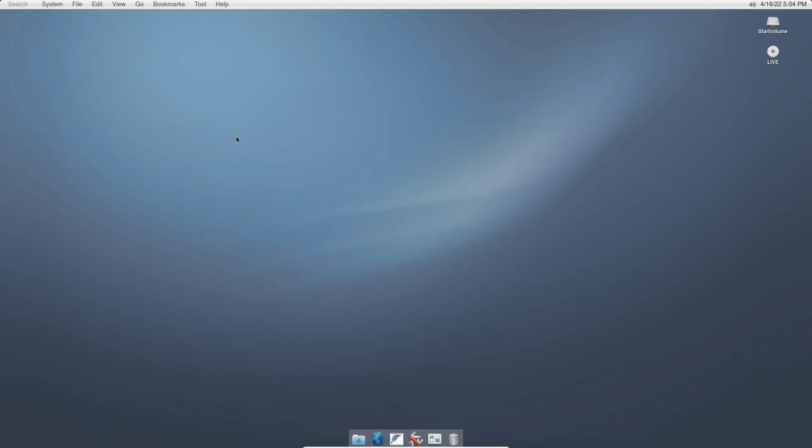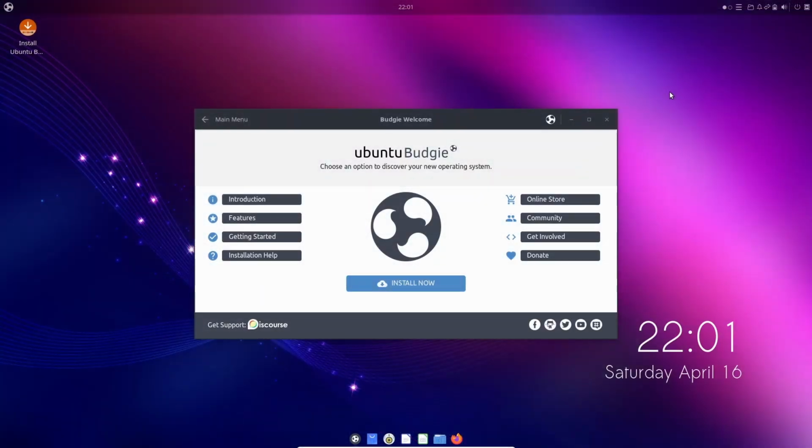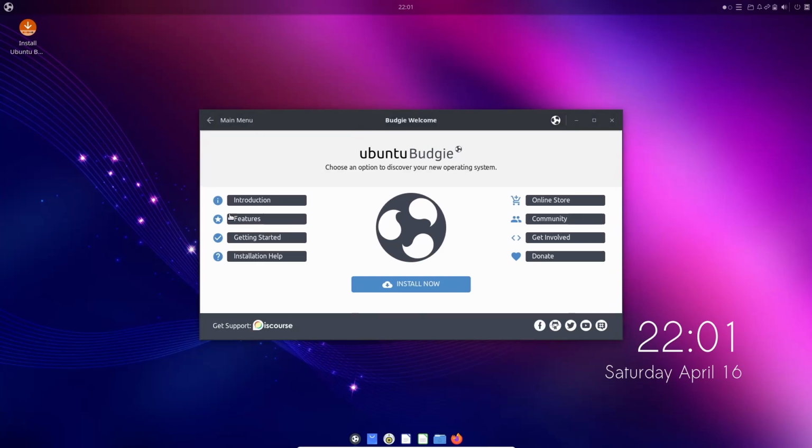Let's take a look at our next OS. And last but not least is Ubuntu Budgie. I know if you've watched any of my videos previously, I give Ubuntu a hard time, but the people that are putting together the Ubuntu Budgie project are doing a really impressive job. Now, what I like about it is they give you a welcome screen when you log in, or you download it on a USB or open it up in a virtual machine. This is what you're met with.